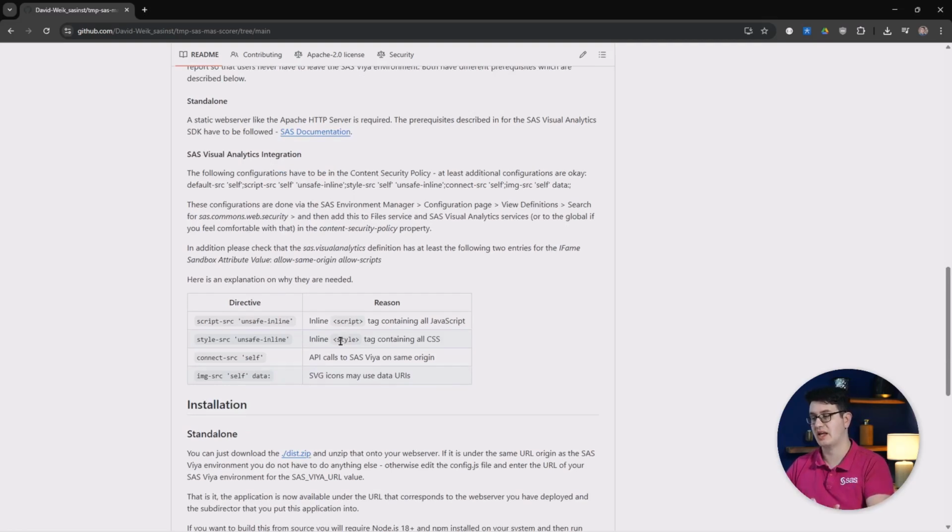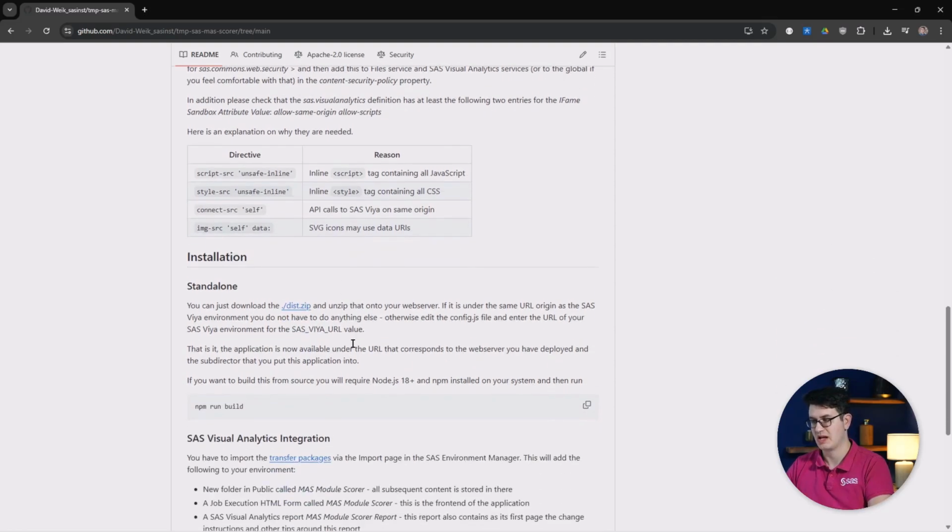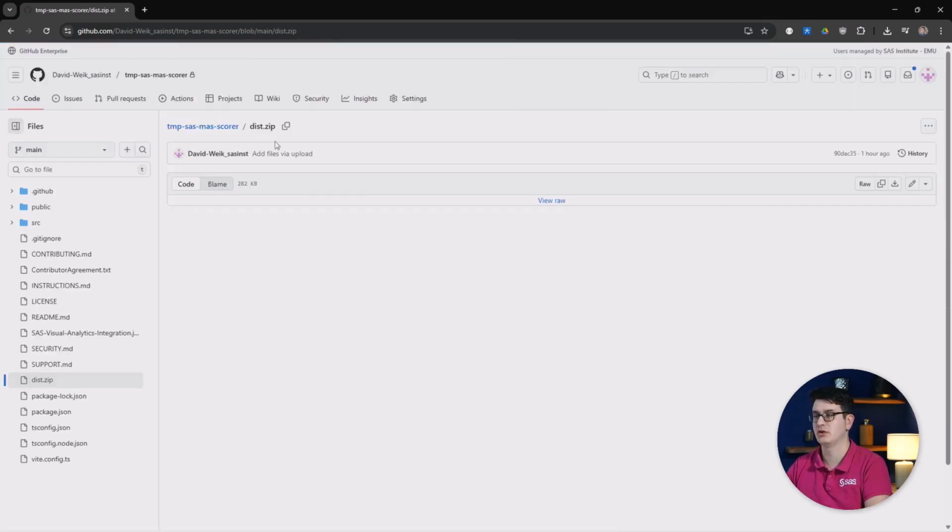Now, let's get to the installation, assuming that you have fulfilled all of the prerequisites. First, for the standalone mode. For this, you only have to download this dist.zip file, move it onto your web server, unzip it, and you are done. Well, kind of, because if you unpack this onto a web server that isn't